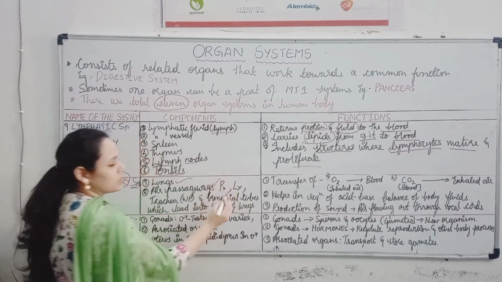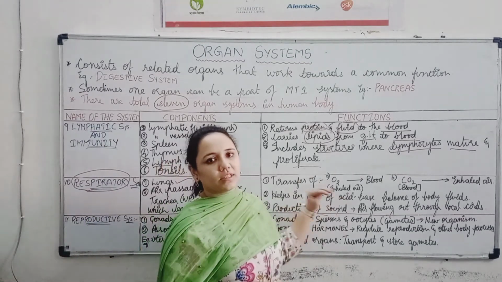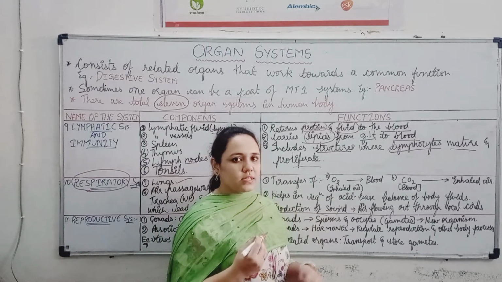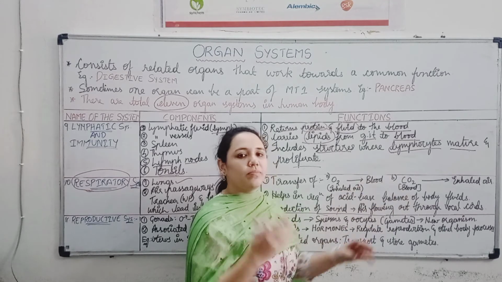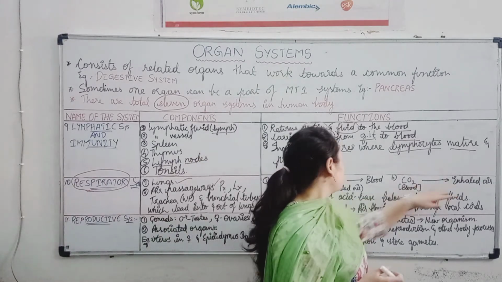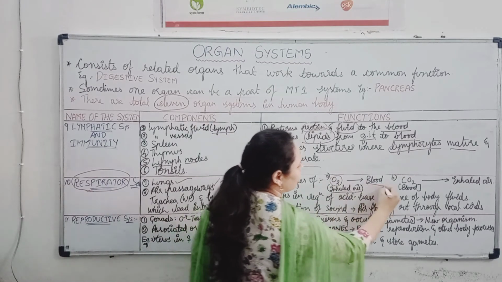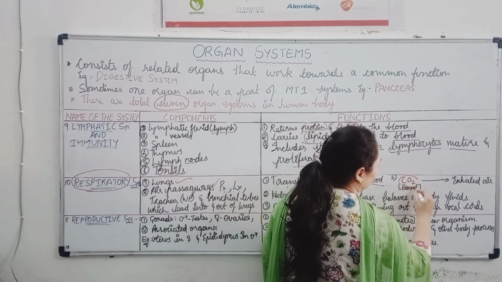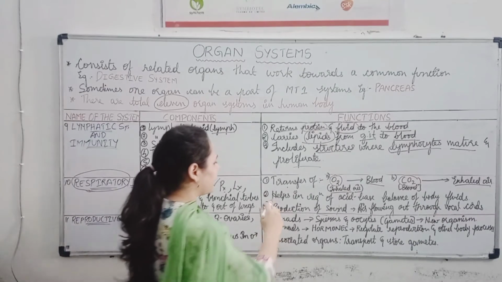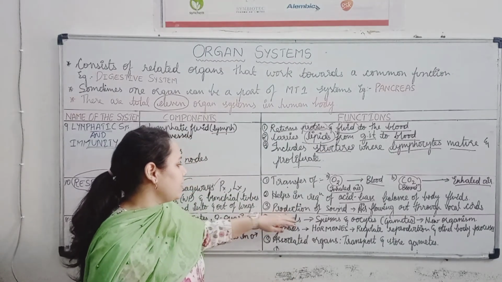Lungs, air passageways which include pharynx, larynx, trachea and bronchial tubes. So what can be the function of the respiratory system? We all know that through inhalation we take in oxygen, and the respiratory system takes it to the blood, and the carbon dioxide in the blood, which is a waste product, it sends out through exhalation. So the first function is transfer of oxygen through inhaled air into the blood, and along with that, transfer of carbon dioxide present in the blood to exhaled air. The second function is that it helps in regulation of acid base balance of body fluids, and then the last function is